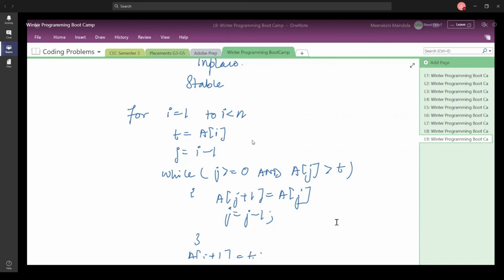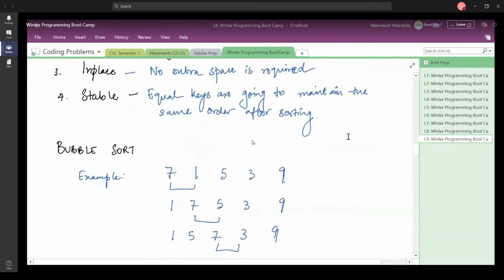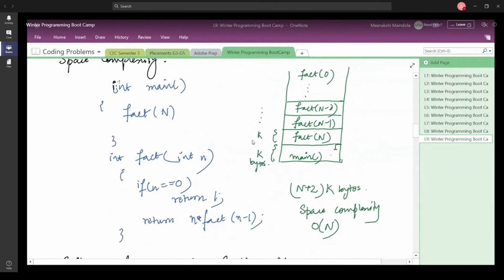Okay, so you're saying if the main function takes more or less space than the recursive function, then what will be the space complexity? So let us just go back to the diagram that we looked at. Here we are considering that the main function is going to take up k bytes, which is equivalent to the number of bytes that each of these function calls is going to take. Even if this main function was taking up k minus 1 bytes or k plus 1 bytes, we are going to consider this as the same complexity.